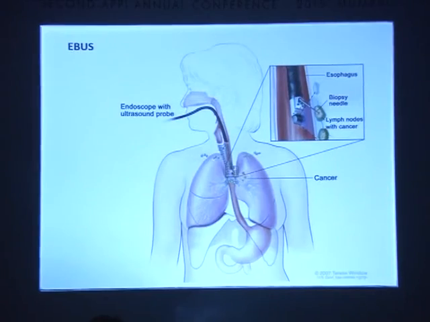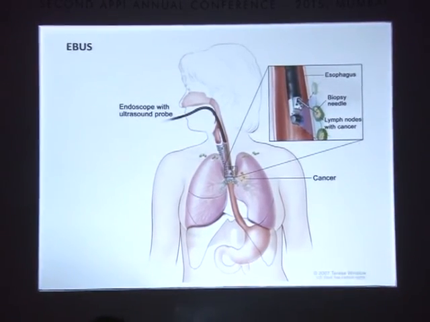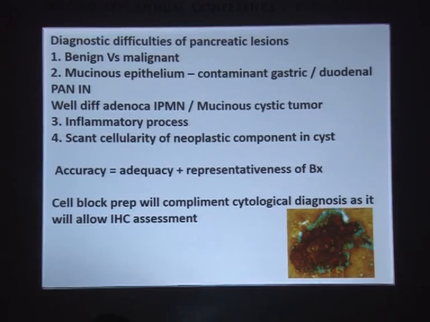So now with those FNAs, we are receiving a lot of this cytology material, just an extension of the GI endoscope. Even the endobronchial endoscope can access these mediastinal lymph nodes, and we get a lot of these mediastinal lymph node biopsies as well. And as we all know, these pancreatic lesions are very difficult to access. With EUS, we are able to access them easily, so we are receiving a lot of pancreatic FNACs, and like any other cytology material, they are difficult to differentiate between benign and malignant.